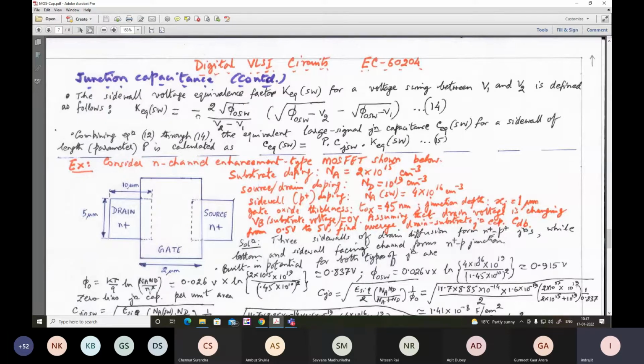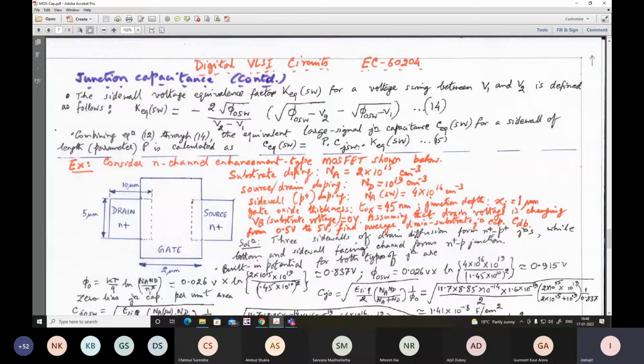Now, if we combine the earlier equations with this, the equivalent large signal junction capacitance for a sidewall of length parameter P is calculated as this. That means the equivalent capacitance. This is actually the large signal equivalent capacitance for a reverse biased PN junction. It will be the perimeter length multiplied by